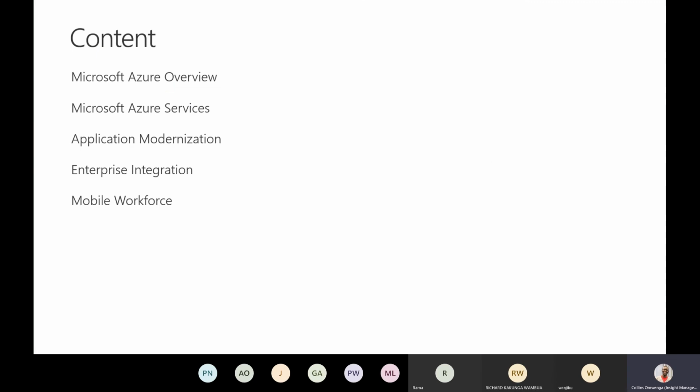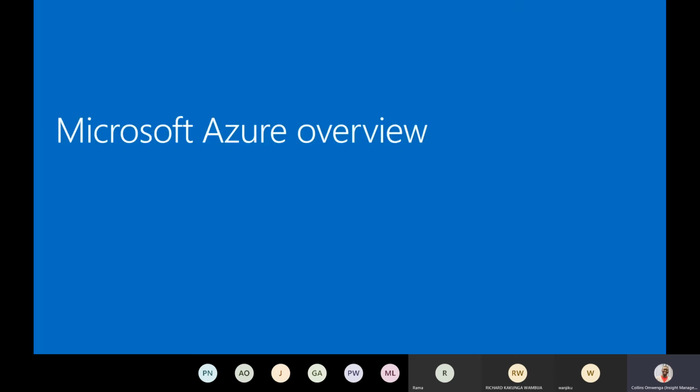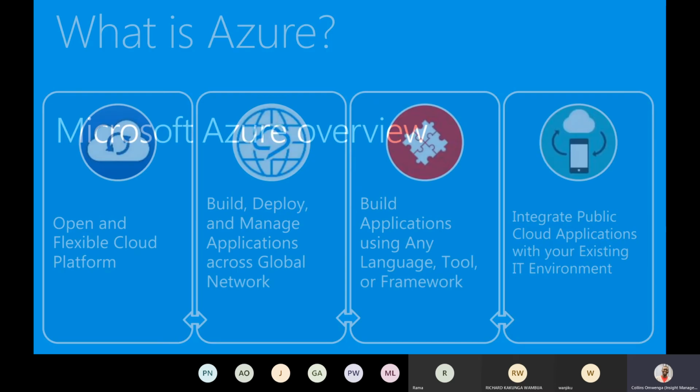What we're going through is an overview of what Azure is, the services that Azure offers, some conversation around application modernization and enterprise integration, which directly affects our engagement around the open data platform, and then how to enable a mobile workforce in general, but we'll look at how it applies to working with farmers.